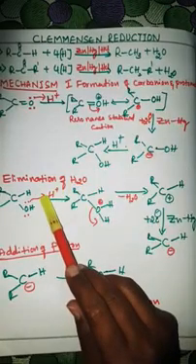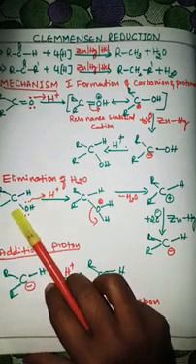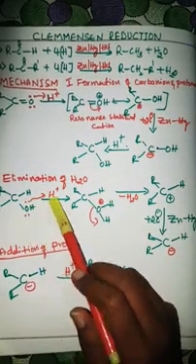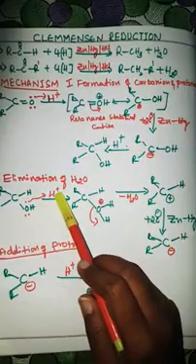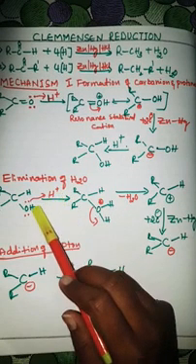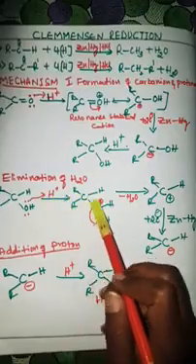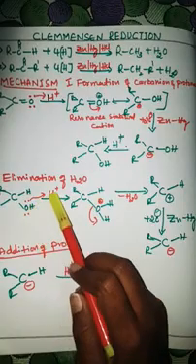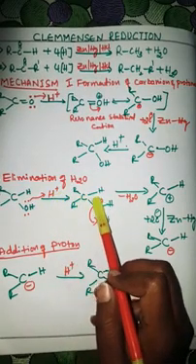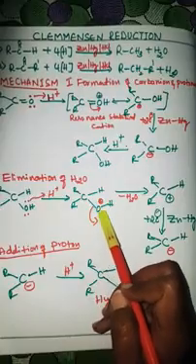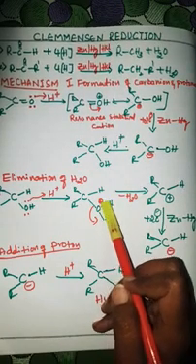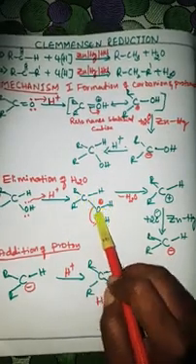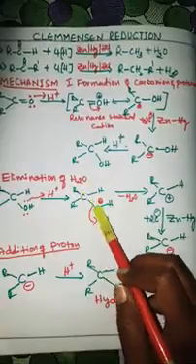Second step is elimination of the water from the reaction condition. The intermediate compound is protonated, and there is a formation of a water molecule in the reaction condition. The oxygen, which is highly electronegative in nature, attracts the hydrogen atom. There is a formation of the water molecule, and the oxygen carries a positive charge. This water molecule is attached to the carbon atom, and the water is eliminated from the reaction condition.